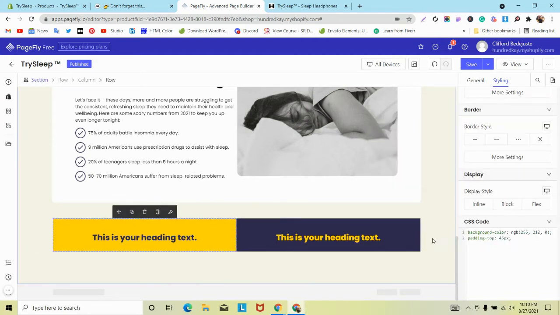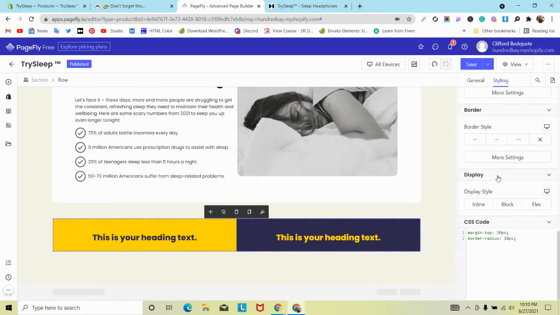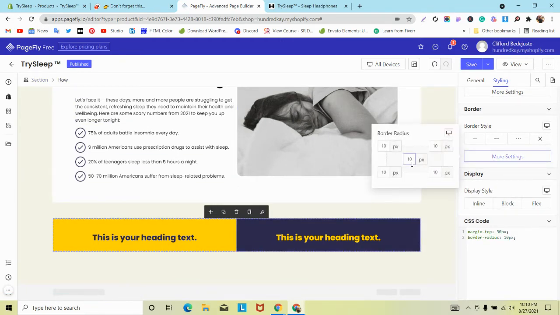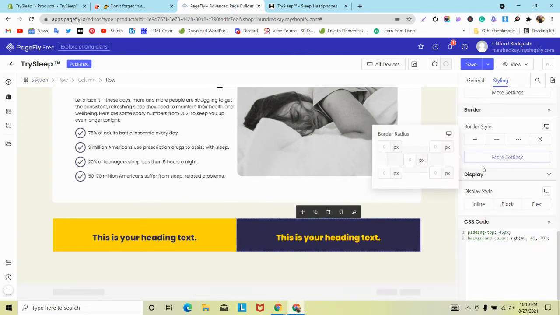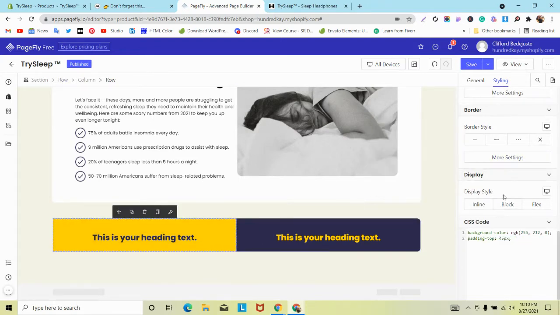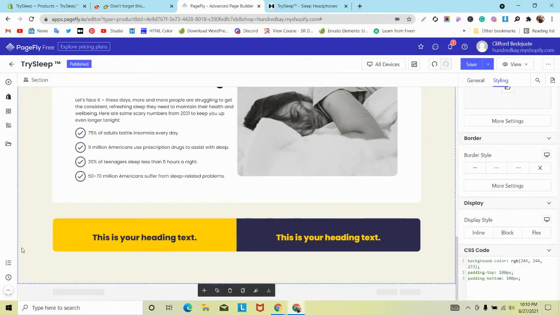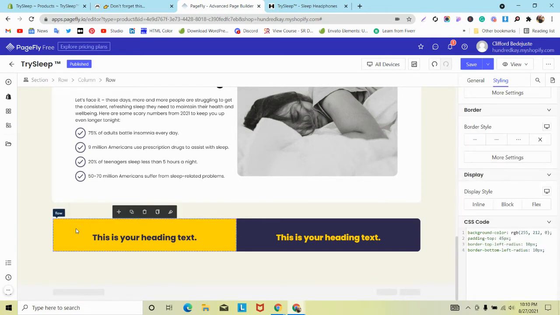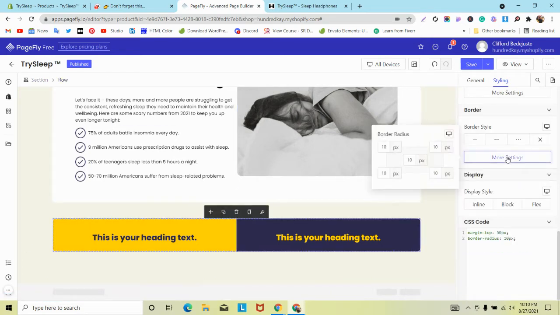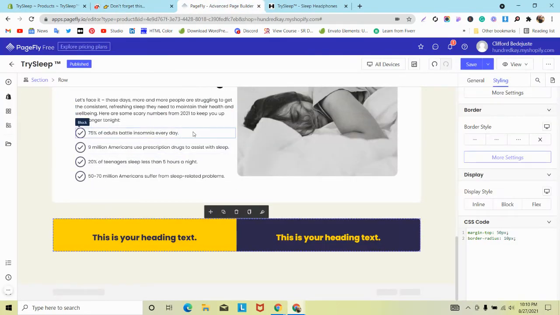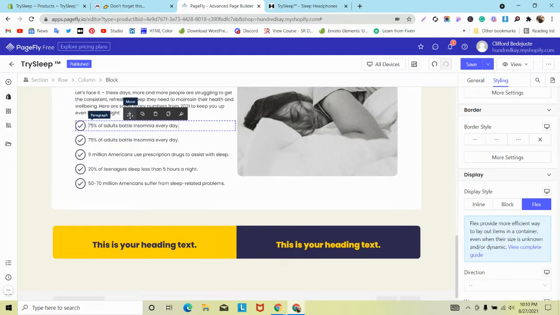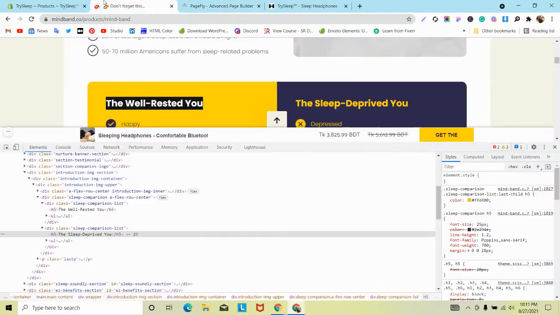What? Why is it not working? Let me check again. Okay, now it works. Fine, that's a good thing. Let's add this. So we can add this here. Then